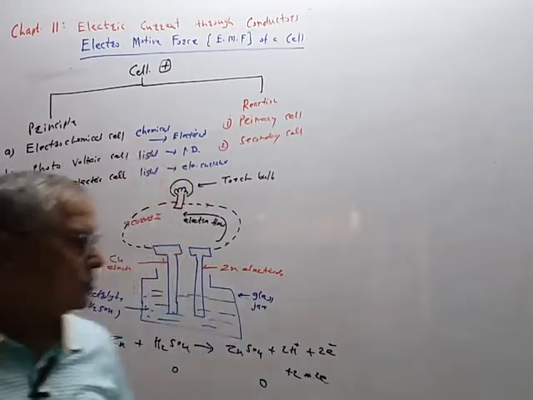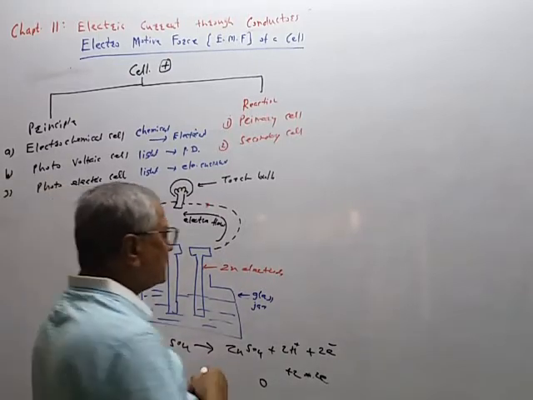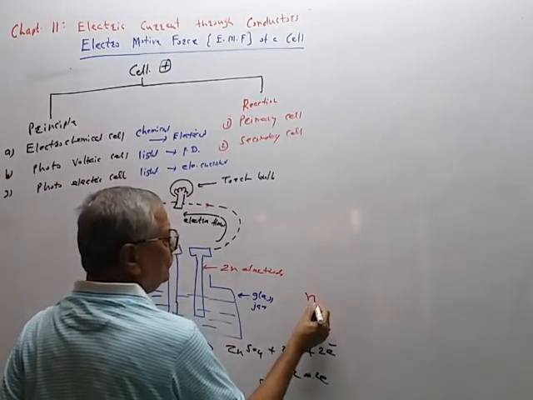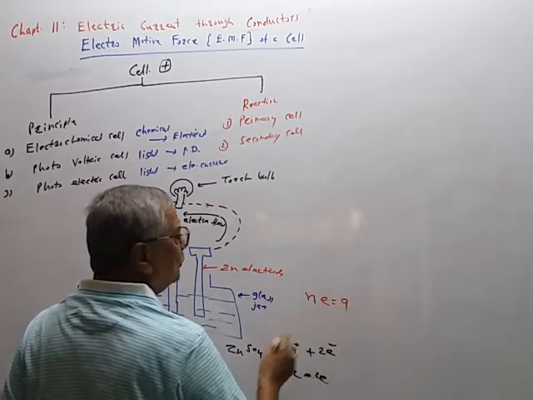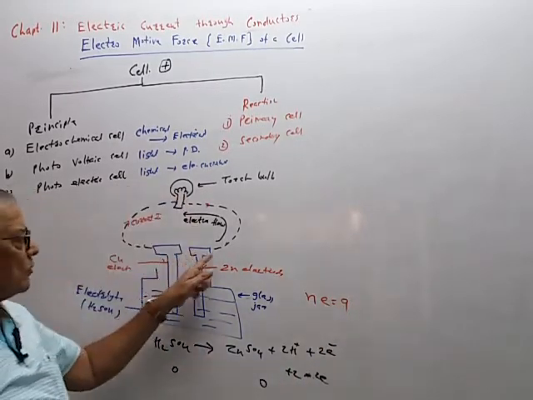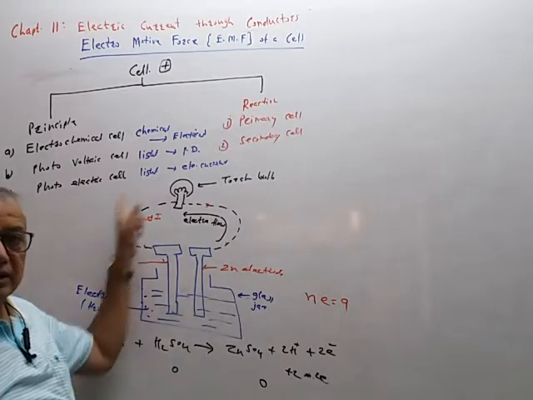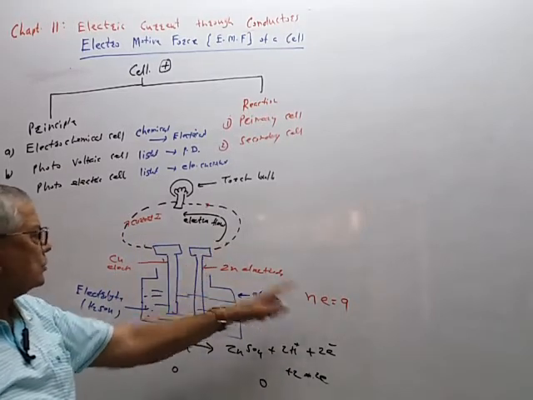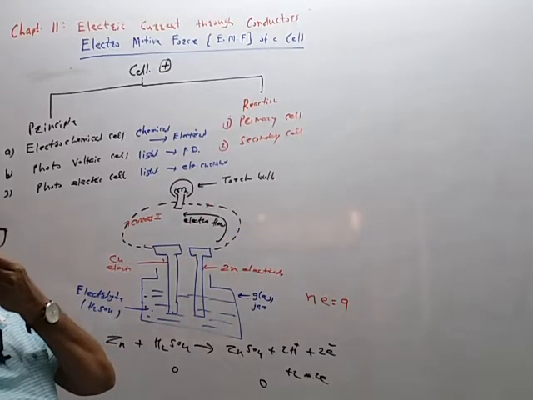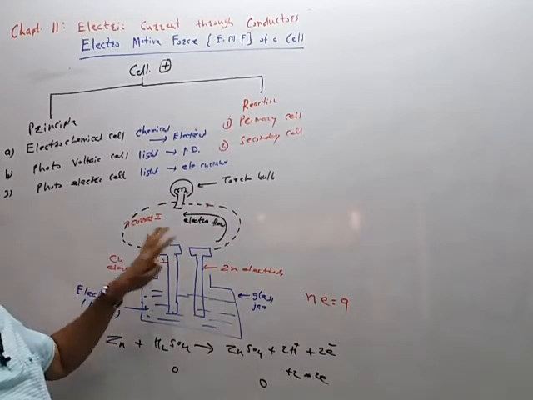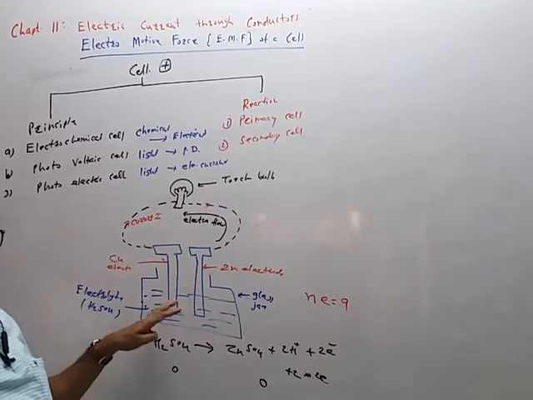So here, say n electrons are circulating. By the quantization of charge, we know that n into e is equal to Q. So Q charge is circulating in this direction due to the electron flow, and therefore these Q charges will produce some current. I is equal to dq by dt. So this is the working of this electrochemical cell.